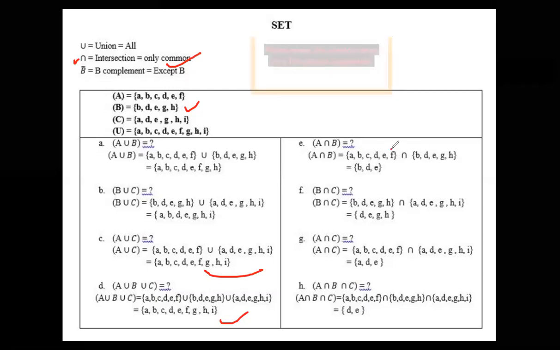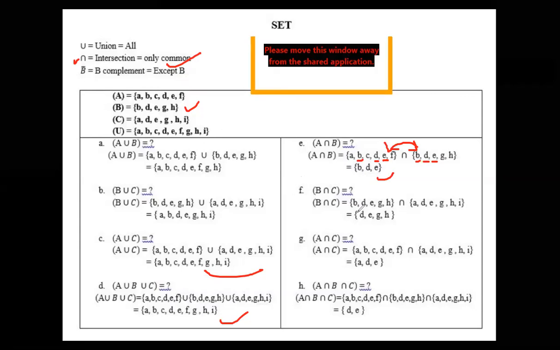Now intersection. Intersection is common. What is common between these two? Look here. A is common? No. B, D, E. E is common. Is C common? No, C is not common. Is D common? Okay, D is also common. E is also common. After that, is F common? No. Is G common? No. Is H common? No. That means what are the common numbers? B is there, D is there, E is there. So this is our answer. Only the common numbers. What do we call it? We call it intersection.